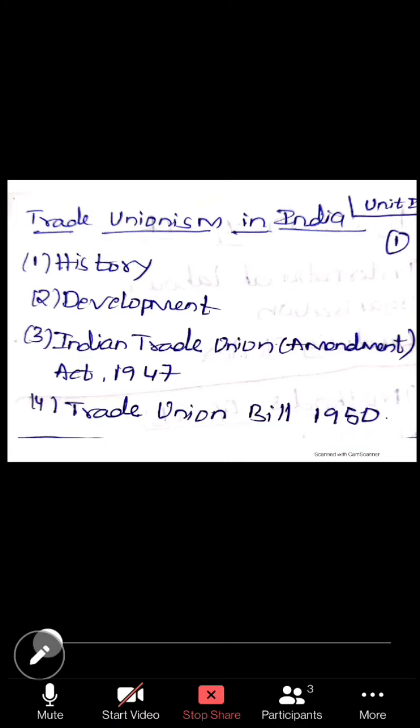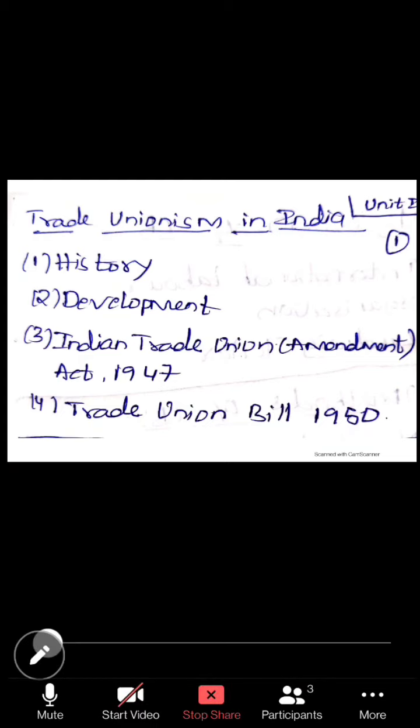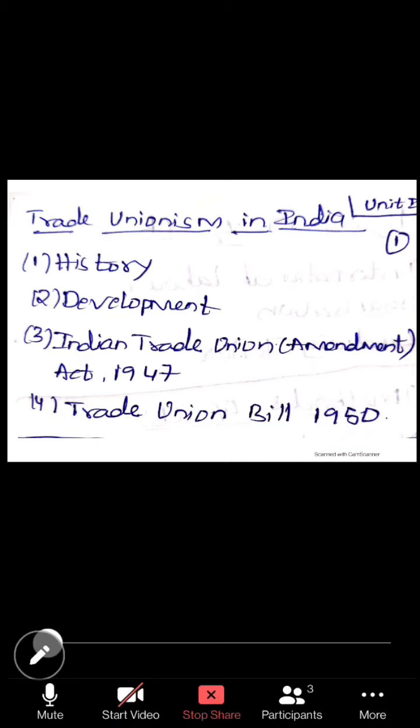The next point you have to write is the Indian Trade Union Amendment Act. What happened was the Trade Union Act was formed and enforced, but the employers refused to recognize the trade unions of the labor. So a need arose for proper provisions to make the employer recognize the trade union. So the Indian Trade Union Amendment Act 1947 was formed for the recognition of trade unions. It says that after registration is applied and the employer fails to recognize the trade union within 3 months, they could apply to the labor court and get the recognition from the employer.